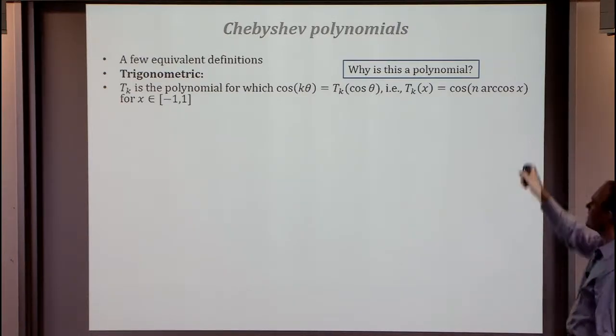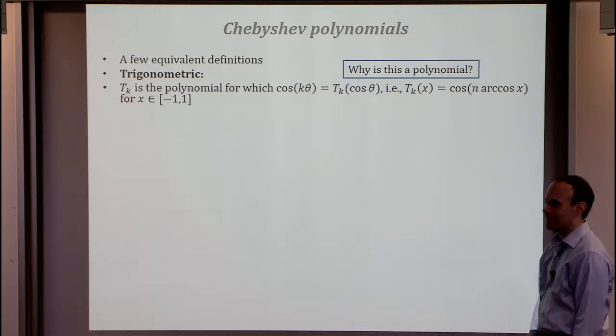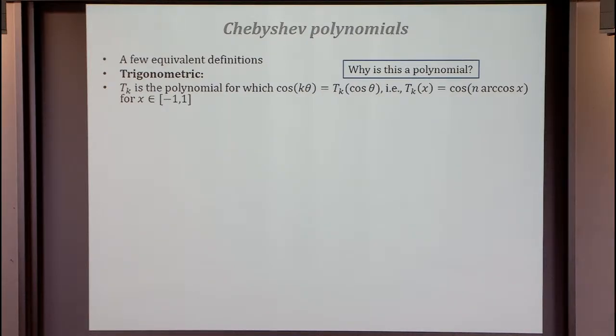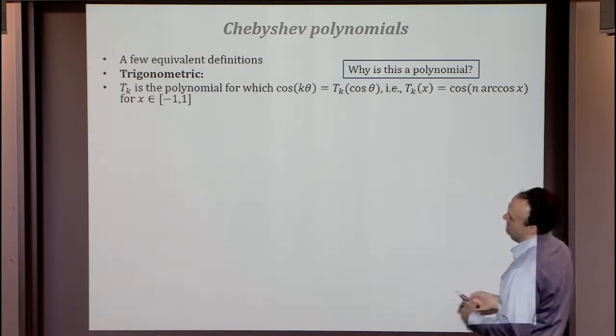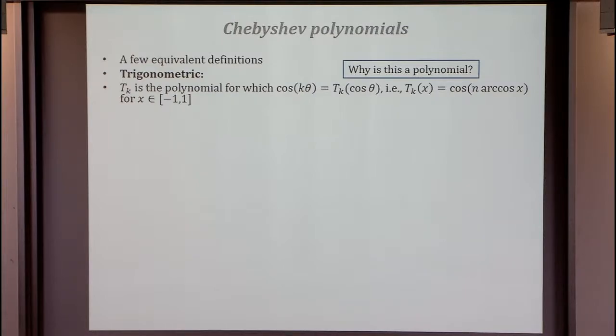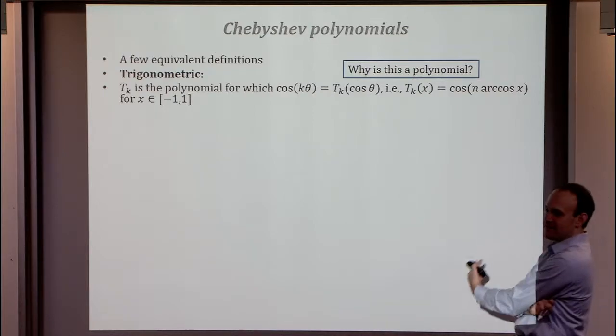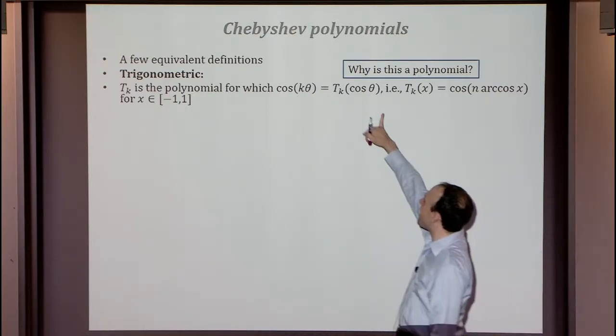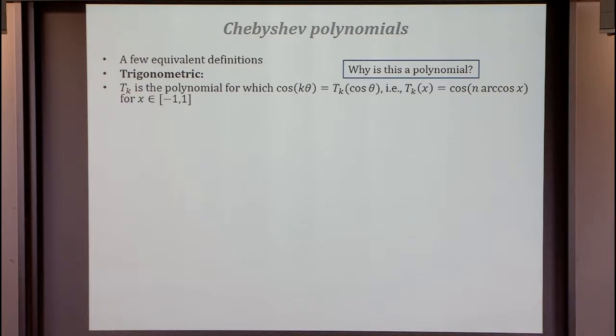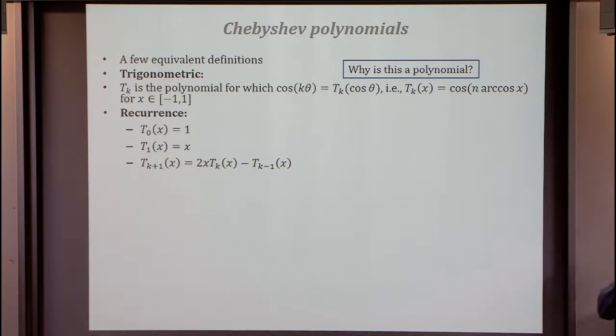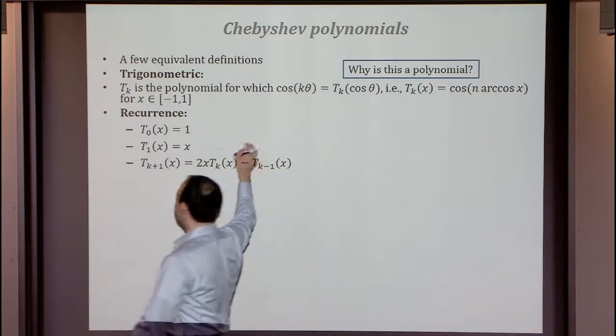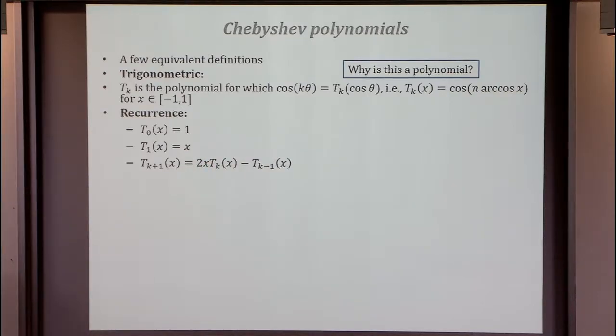So it's cosine of k, let's say k theta, or cosine of x. And it's not obvious this is a polynomial, but it is obvious that it's nice, right? Because what we're really doing is Fourier series under the change of variables where we just take a cosine. Okay, so why is this a polynomial? Well, the easiest way I know to verify it's a polynomial is to note that cosine obeys the following recurrence, and then pretend that I define the polynomials with the recurrence, and they're the same thing.